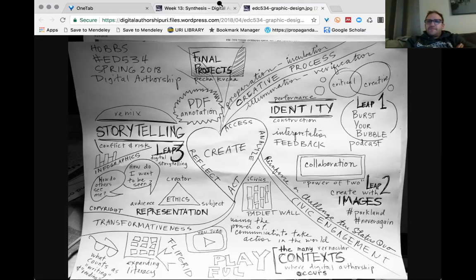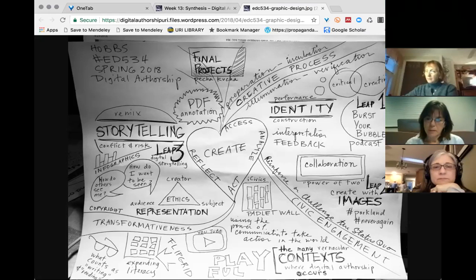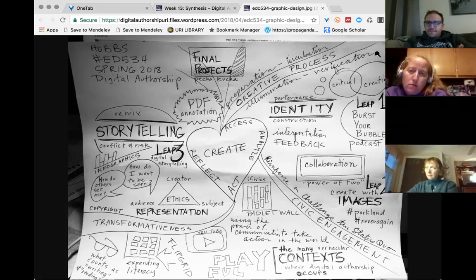It's really cool. So all semester we've been thinking about digital authorship in relation to expanding the concept of literacy. This whole course is part of that larger enterprise, not just writing, but also reading. Other parts of this drawing that make sense to you or that you want to comment on?